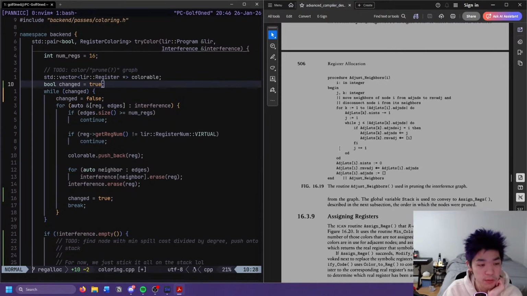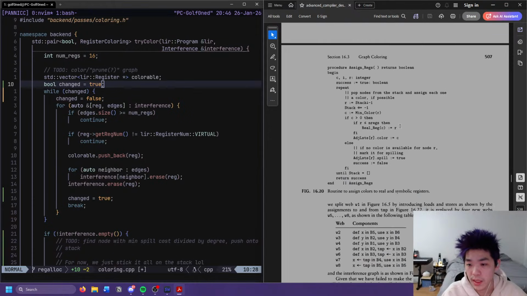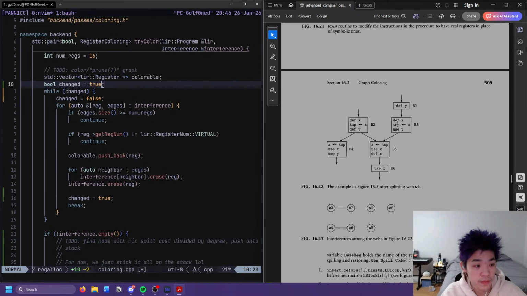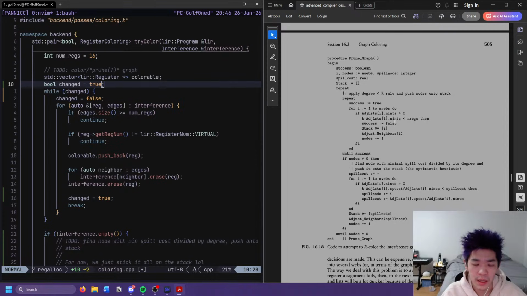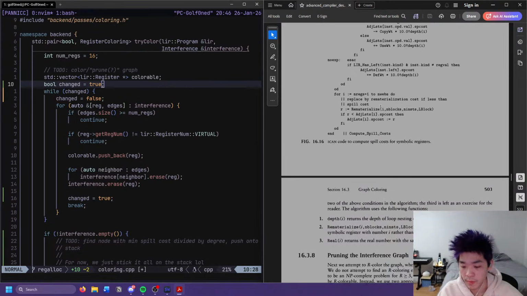Did you hop right into this book after Crafting Interpreters? Not quite. I haven't actually done Crafting Interpreters, but I guess I'm just looking through this as a big reference. I have taken a compilers class before, so that has given me a lot of context at least. So it's a little bit less difficult for me to figure out what's happening, I think. Which dominance algorithm are you using? I don't remember. I think I was just using the fixed point one. I was too lazy to use any of the actual difficult ones.